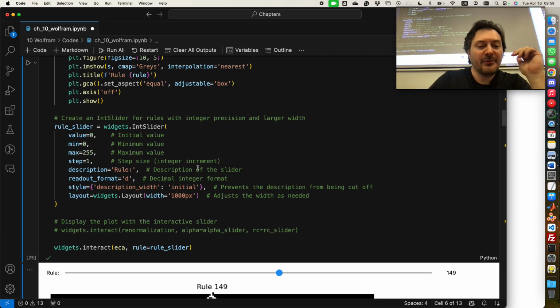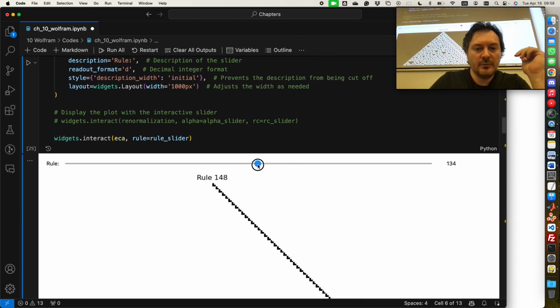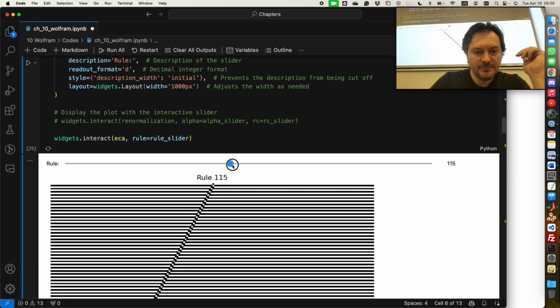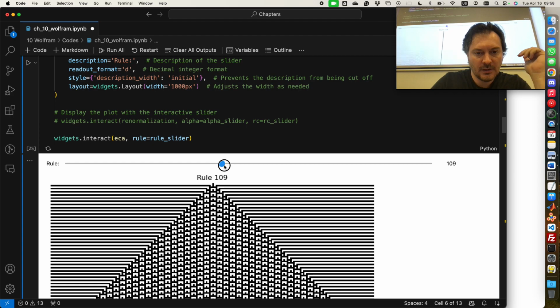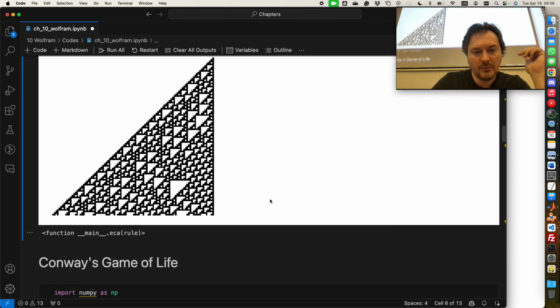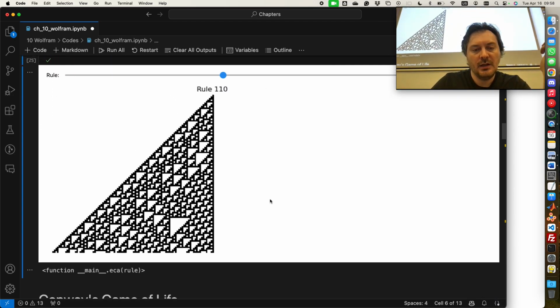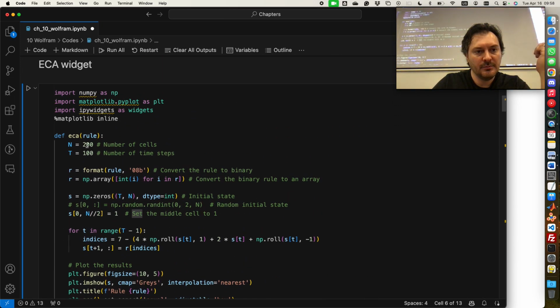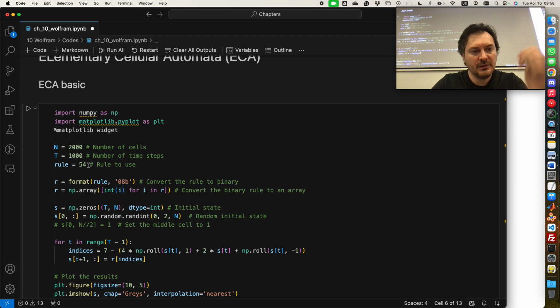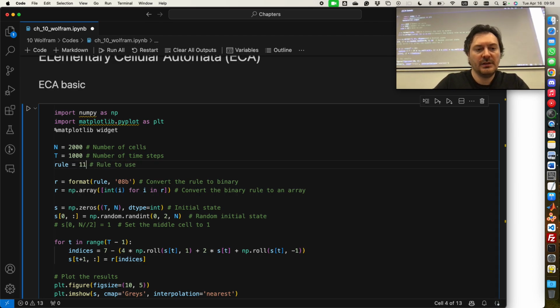Okay. Wolfram's favorite one is 110. Yeah. The one and only. Doesn't seem like anything right now, maybe, but let's look at it here. Let's set it to 110.